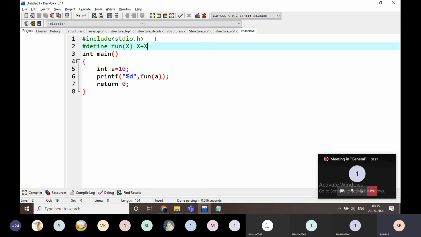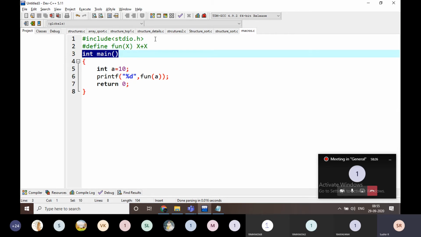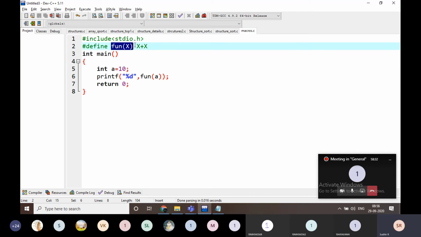That means when we are executing this code, before reaching the main function, wherever you find fun of x, it is going to be replaced with x plus x. This replacement is not a function. If you reach this line, it is not calling a function. It is not working like a function.